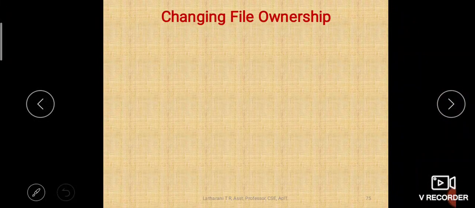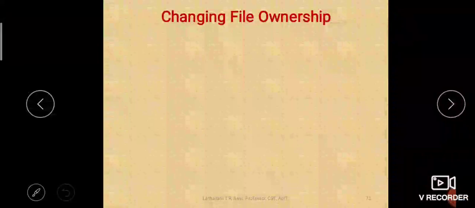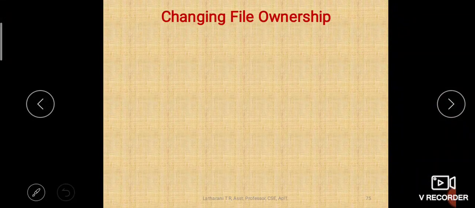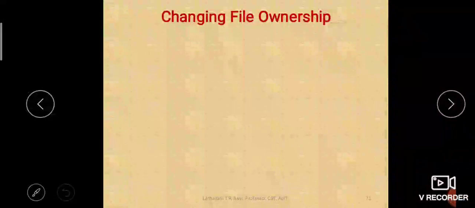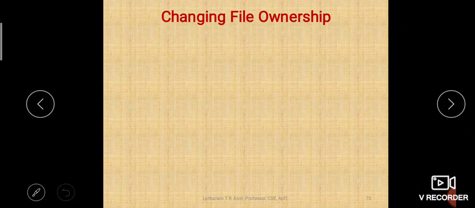So now I am the user of the file, or the owner of the file, but now I want to change the owner. Suppose I am leaving my job, I have to do KT. What is KT? Knowledge transfer, right? So whatever files I have, I have to submit them to the department so that they can be further utilized, isn't it? So now that ownership which belongs to me should be changed to some other faculty who will be handling that file in the later stages. Okay, so that is why changing the file ownership is needed. So let us see how we can change the file ownership.